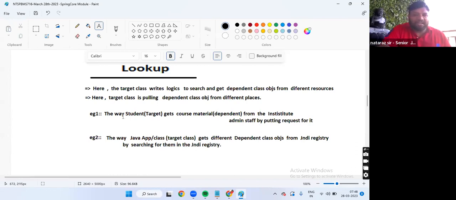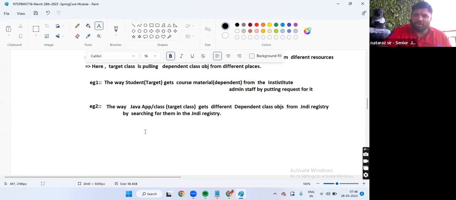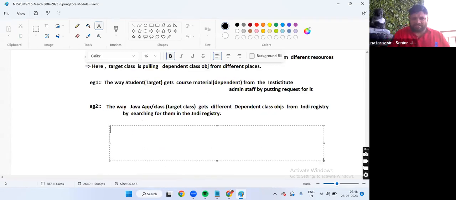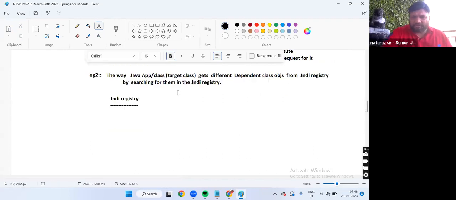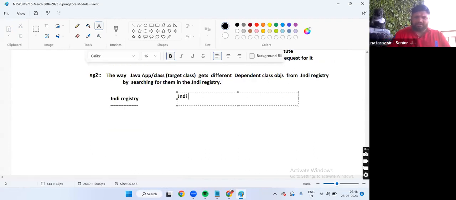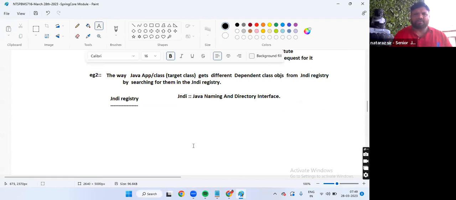I'll explain what the JNDI registry is. Don't worry about it. Shall we start understanding what the JNDI registry is? In order to understand the second example completely, focus. First of all, JNDI means Java Naming and Directory Interface.